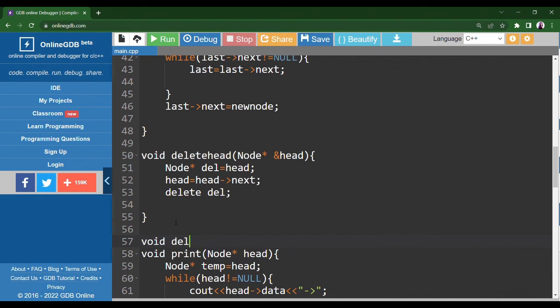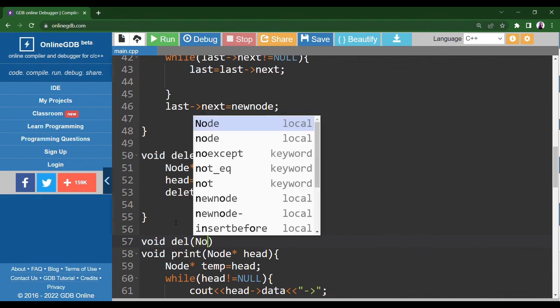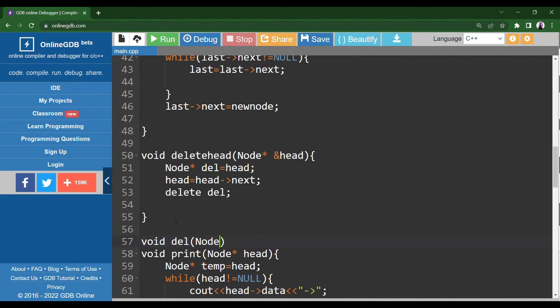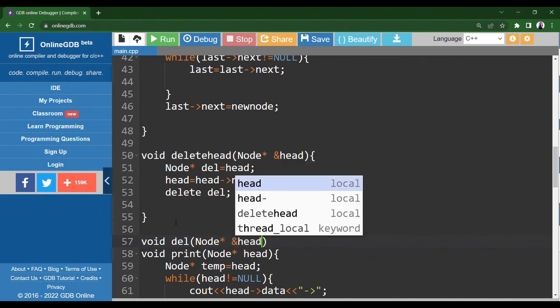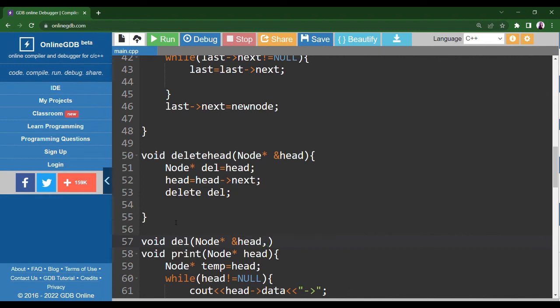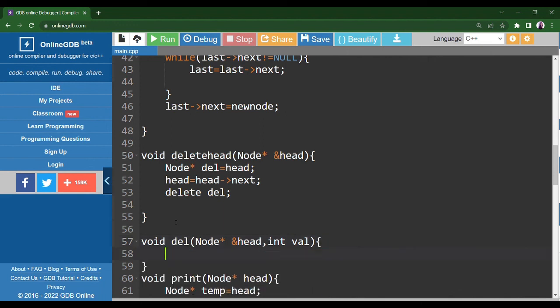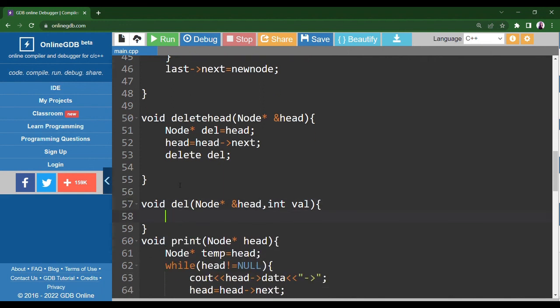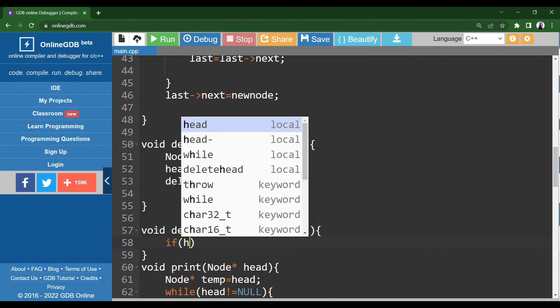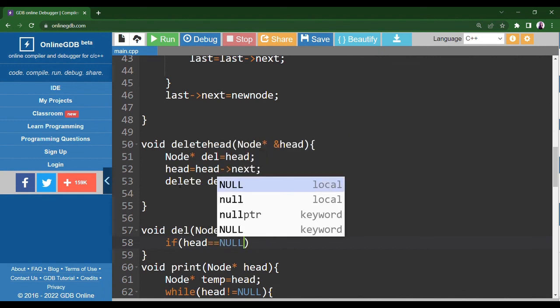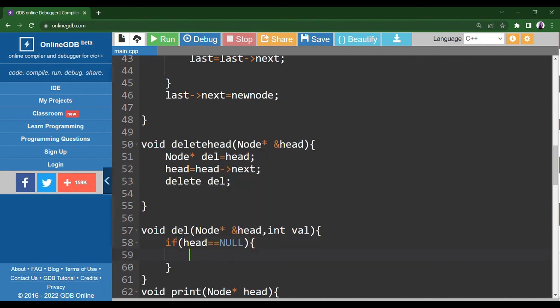Okay, delete is a keyword, so I should write it this way, and I would need a head and the value to be deleted. So here I know I want to delete 4, so I'll check if my head is equal to null. That is, if no values are present in a linked list, what would I delete? I would simply return,